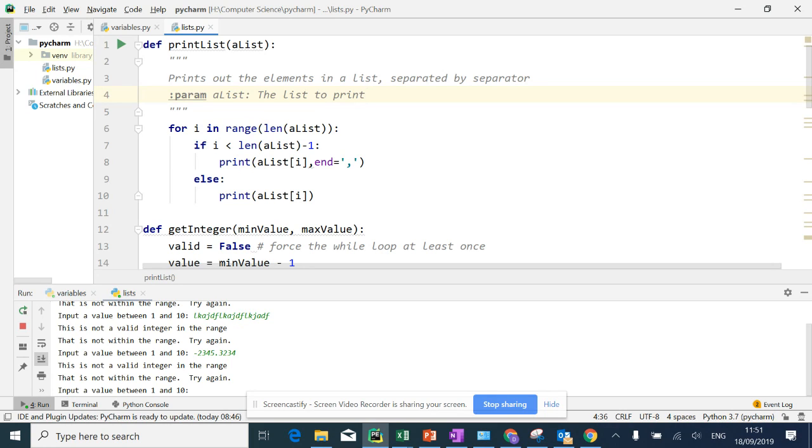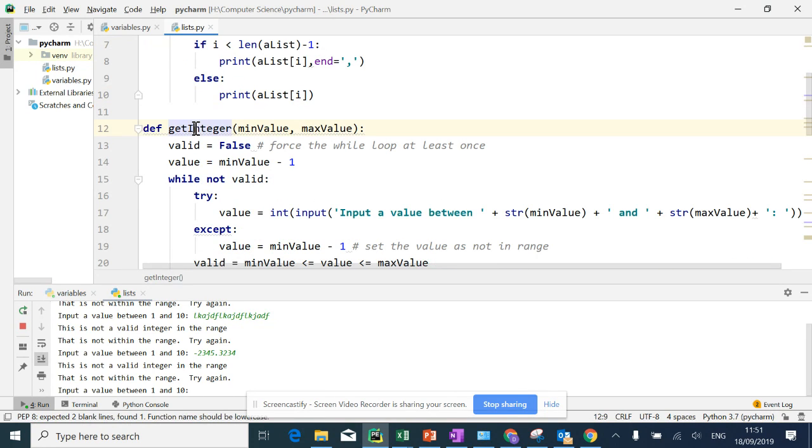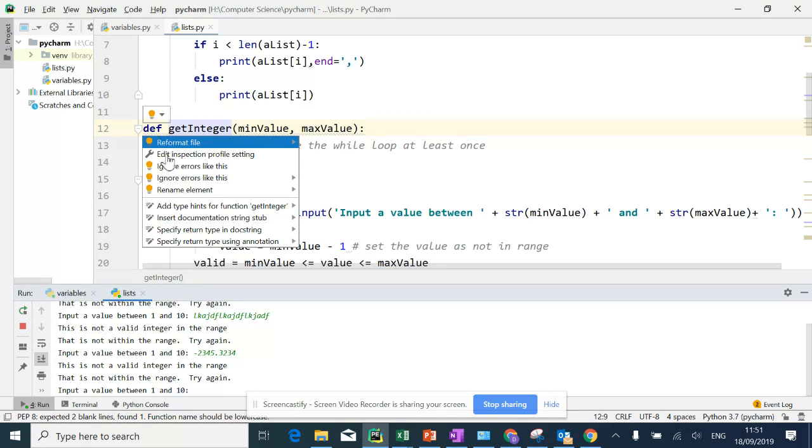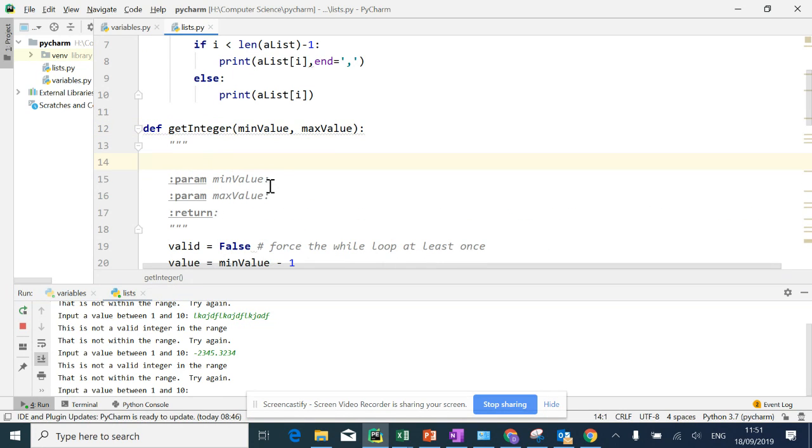Okay, so these are just comments, and it can automatically create documentation for all your code. Okay, so for this one, get integer, click get integer, light bulb, insert documentation string stub,